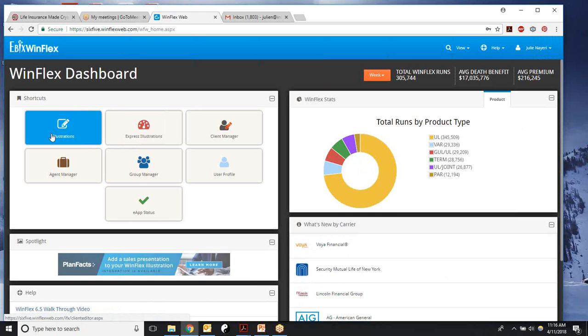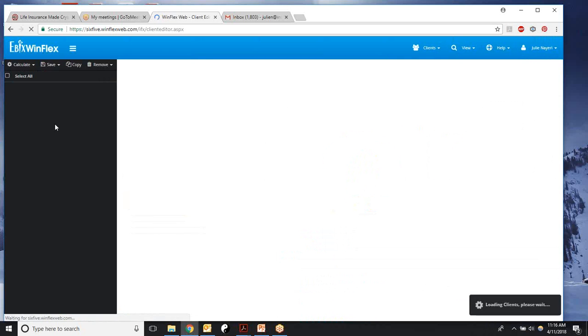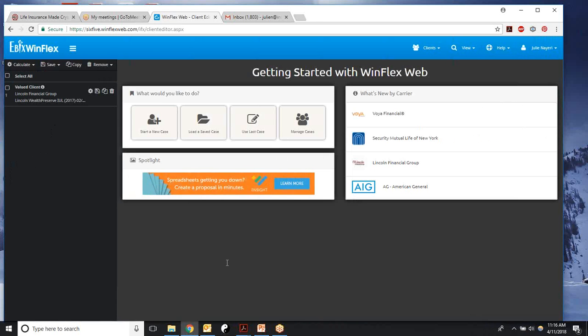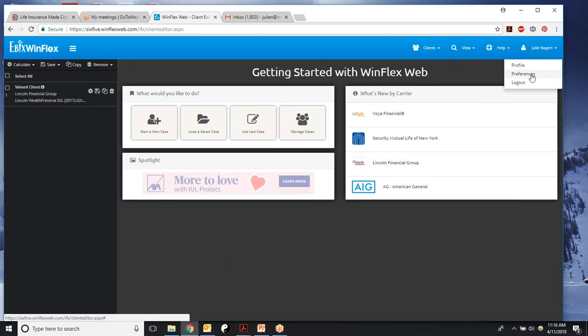Okay, so I click on illustrations after logging in, and now I'm going to click on the username one more time, and you see here this one now becomes available for you to select. So you need to click on the preferences from the drop-down menu,